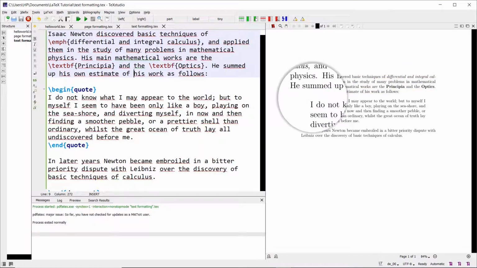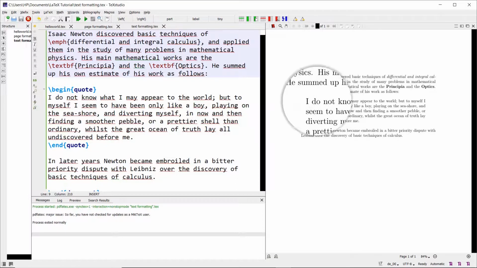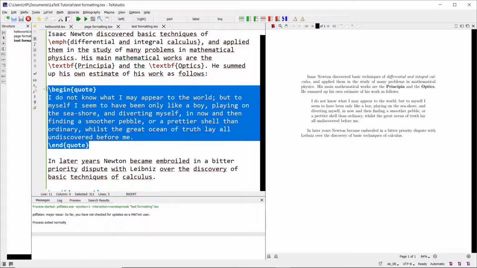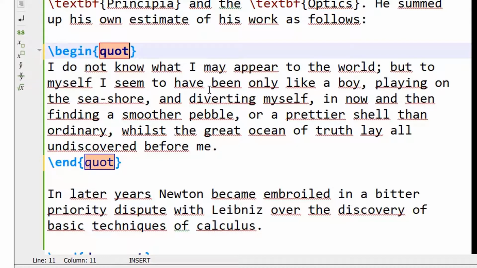As you can see, at the end of the first paragraph, it has left some spaces, and this entire quote from Newton has been displayed with some tabs. After some tab, it has displayed this text. This is what is referred to as quotation. I also have one more environment called quotation.